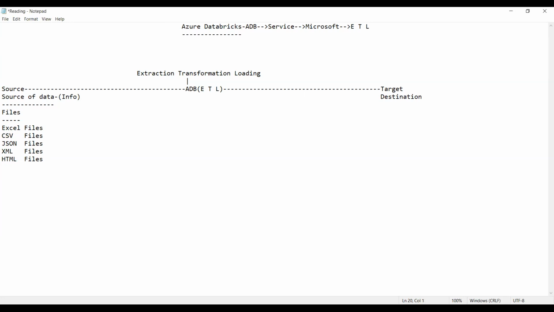Apart from this, we can also find the data in databases. Yes, guys, am I right? So what is a database? A place where actual data is recorded in the form of a table. So what do you mean by table? A table is the collection of rows and columns.